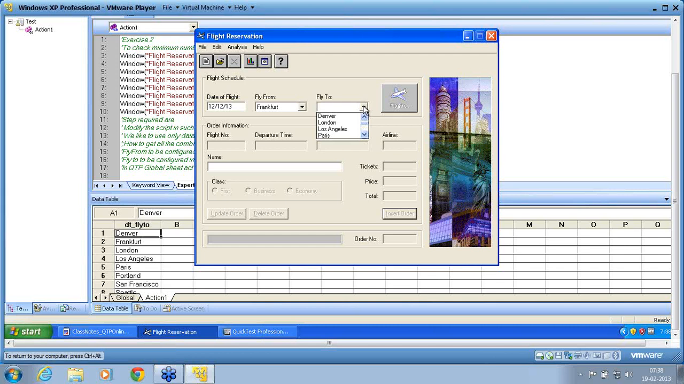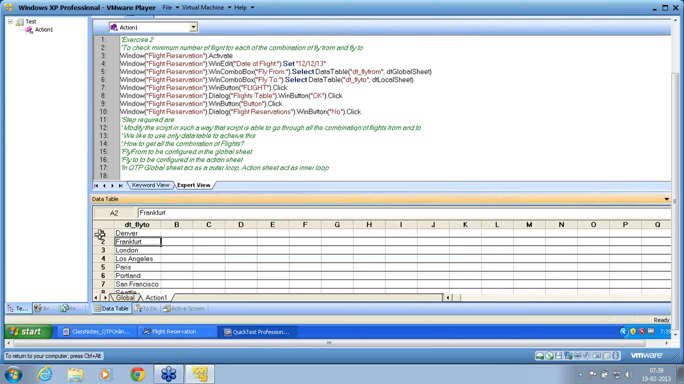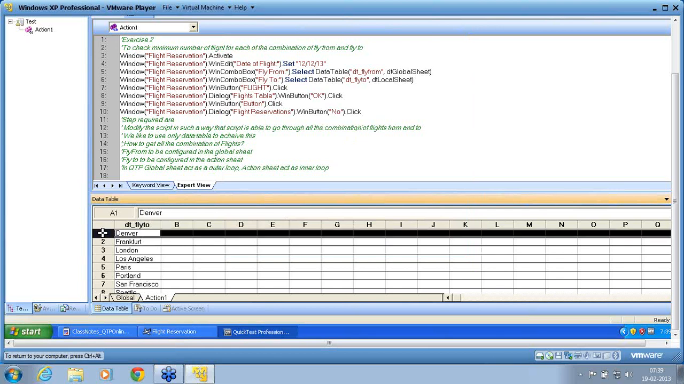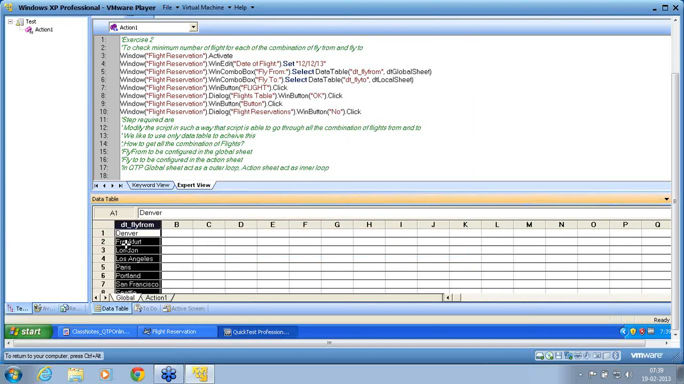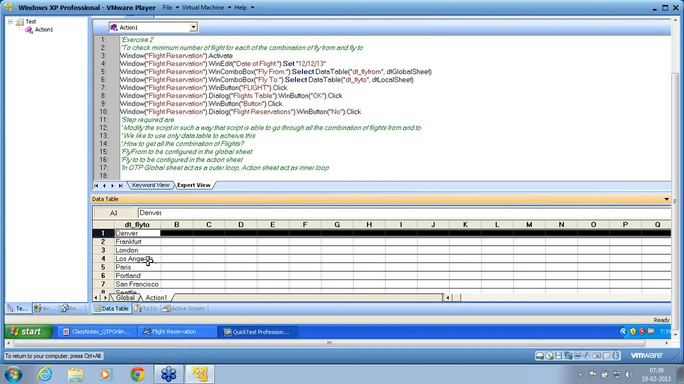It is not an application failure. My script is failing because my fly from and fly to are two different entities. There is a validation: whenever I select the fly from, the selected flight from the flight from list does not appear in the to list. So how to solve this? You might think that I can remove Denver from here. If I remove Denver from here, then it may go through the first 9 iterations. On the 10th iteration, when it comes to I equal to 2, that is Frankfurt, this Frankfurt to Frankfurt will fail. So if I